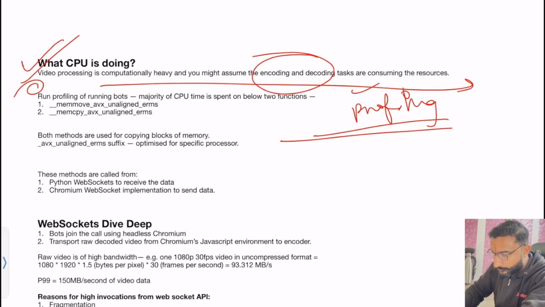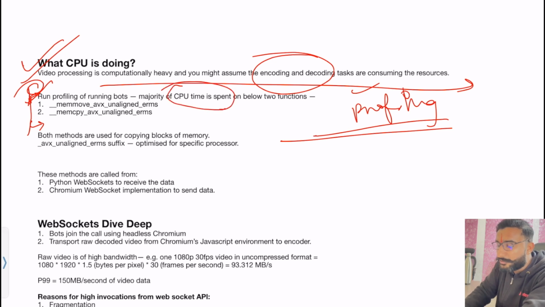Great. Now after running the profiling, these are the two methods which were called at a high rate. These are the two methods on which the CPU spent most of the time. One is memmove and another is memcpy. These both are related to